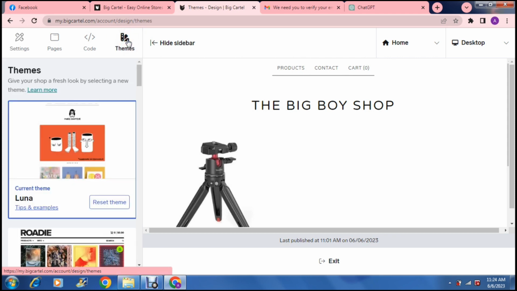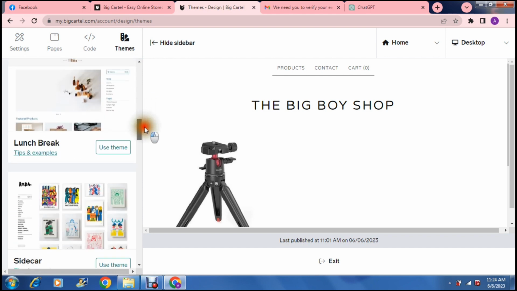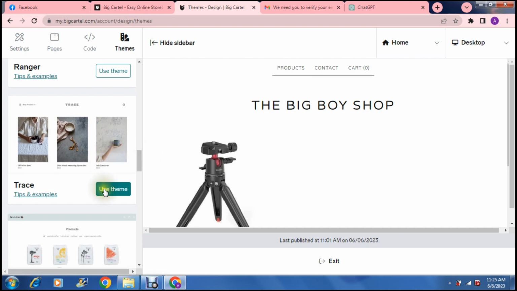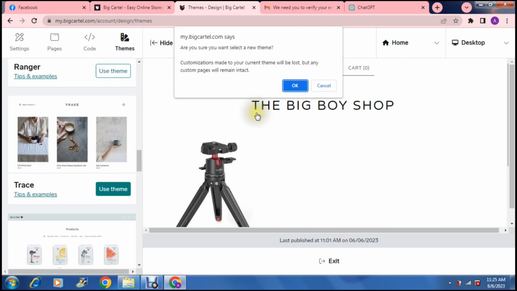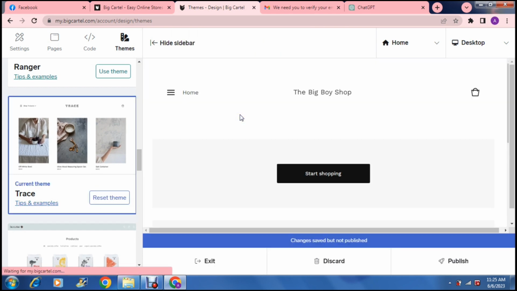We're going to go into themes and we're going to have a look through some of the themes that they have here. Now, depending on what you're selling, different themes will work better for you. So I like this theme over here, and we're going to just tap use theme. And there you go. So now what it is going to do is it is going to implement all of these elements into your shop. Now, what you're going to do here is basically change the bits and pieces, all the buttons on your shop and the